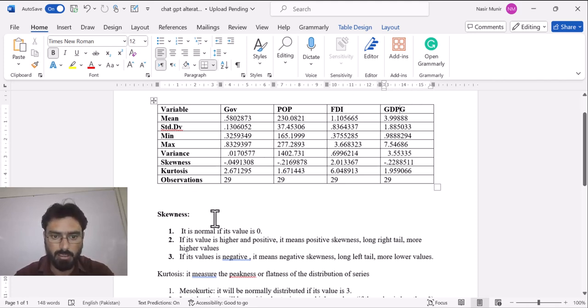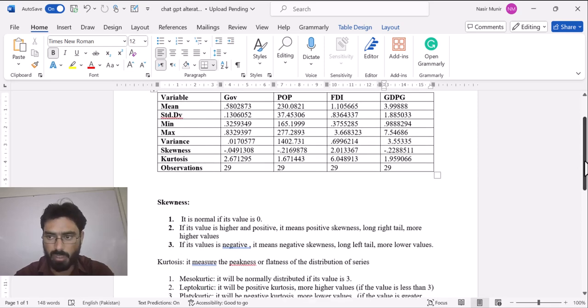So here comes the interpretation of skewness. As you can see, the data is normally distributed if its value is 0. In the case of government, the first variable GOV, our skewness value is minus 0.49. When its value is negative, it means negative skewness, a long left tail, meaning this particular data set has more lower values than the sample mean.